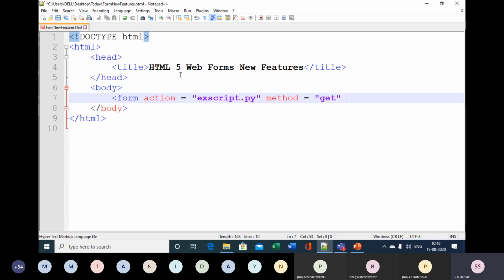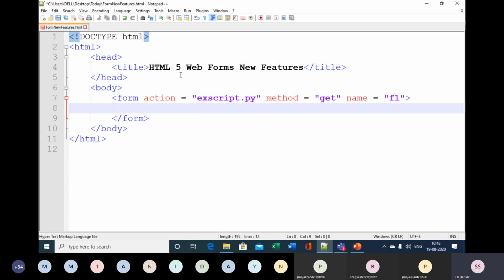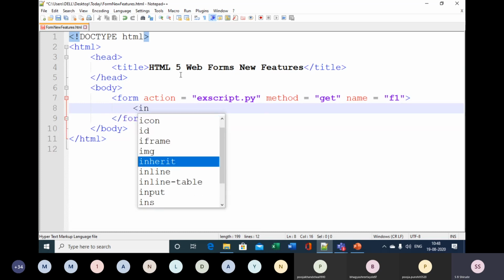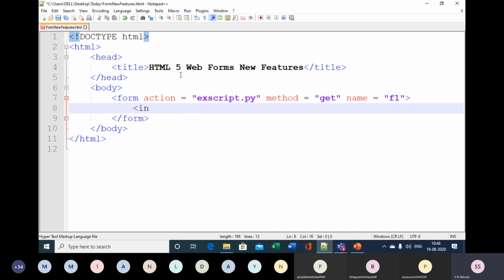So let me use here the get method, give some name to the form such as say F1, and then close here the form. See, automatically the end tag for form is coming. And then after this, I will put here an input element. And now if I want to make use of URL